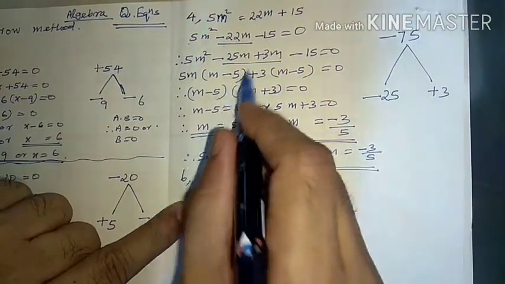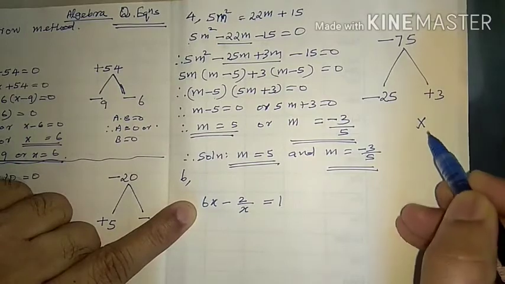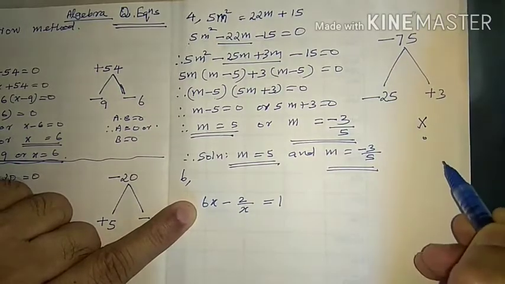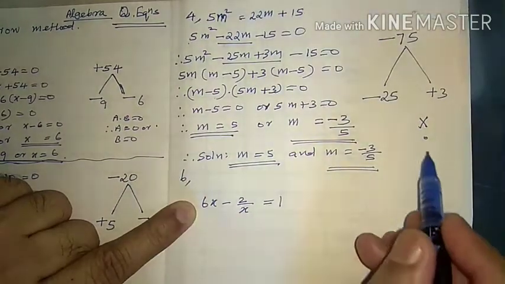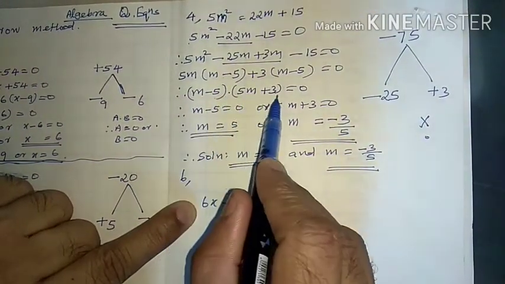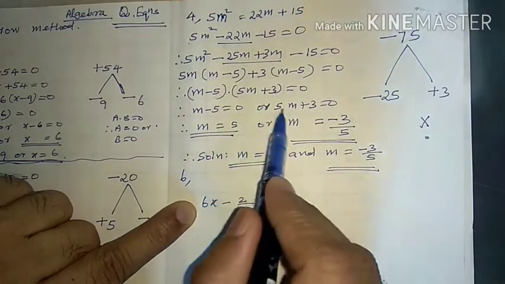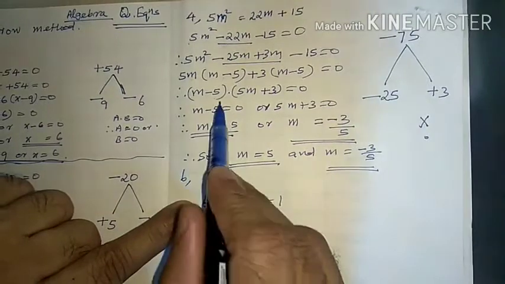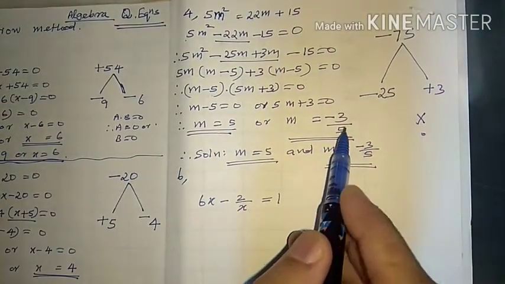Here no sign is there between them, which means there are two types of multiplication. One is the cross product, the other is the dot product. We are actually using the dot product here, even though we are not writing it. First into second equal to 0. So either the first is 0 or the second term is 0. First term is 0, second term is 0. So we are getting this one.